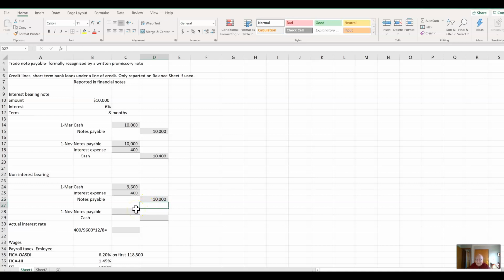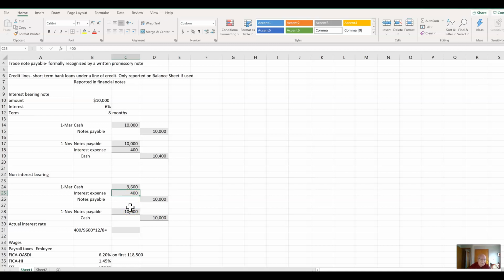So when you pay the note back, you pay back the $10,000. It's considered a non-interest bearing note because it'll say 0% interest, but the discount rate is 6%. So when you pay it back, you don't record the interest because it's already been recorded, and that's for $10,000. Now this would be a journal entry here at the end of the year. Well, there is no end of the year, but if your year ended, it could be a discount on notes